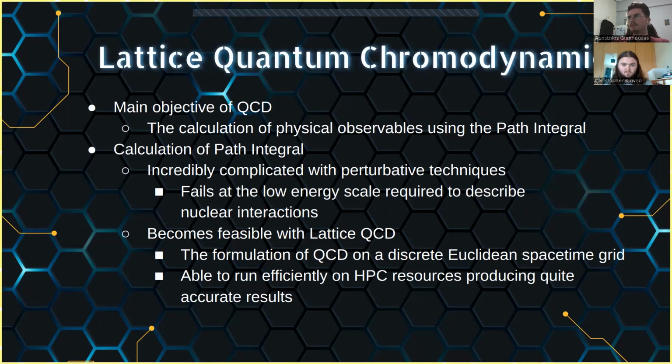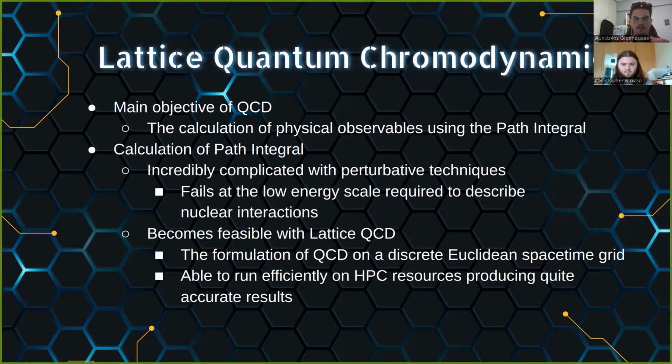Now, what, you might ask, is lattice quantum chromodynamics, as I mentioned in the beginning. Actually, in QCD theory, the main objective is the calculation of various physical quantities using the path integral. However, calculating these infinite dimensional integrals with perturbative techniques becomes incredibly complicated or even impossible at the low energy scale required